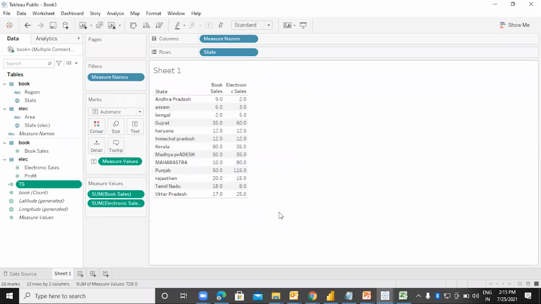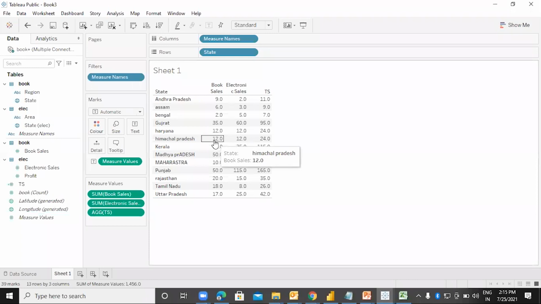Say okay, and let me take the total sales over here. Okay, so this is what we are getting over here, and this is known as a cross database join.